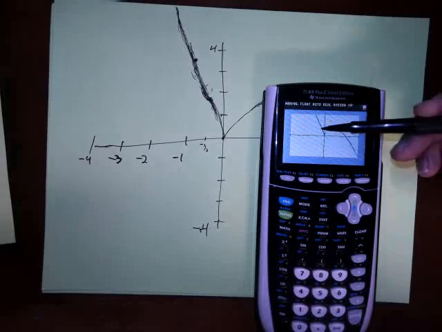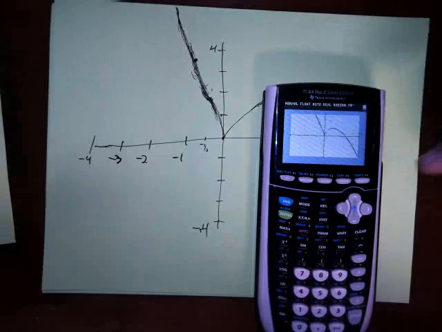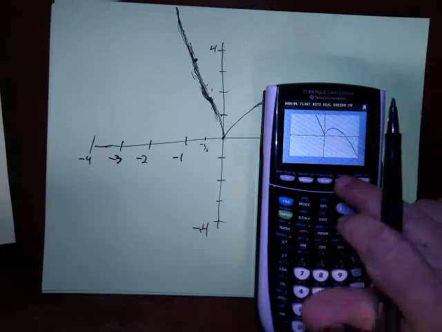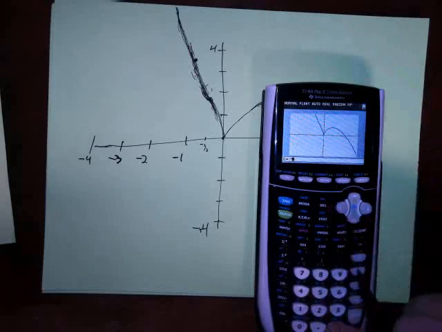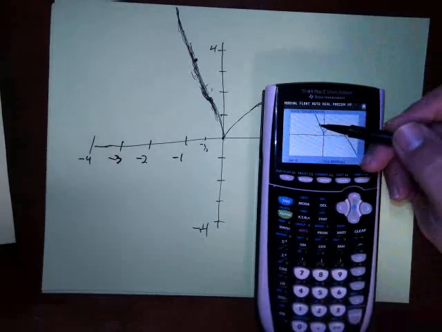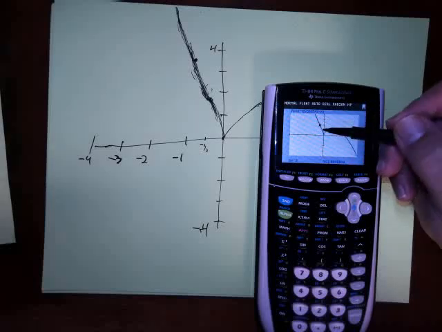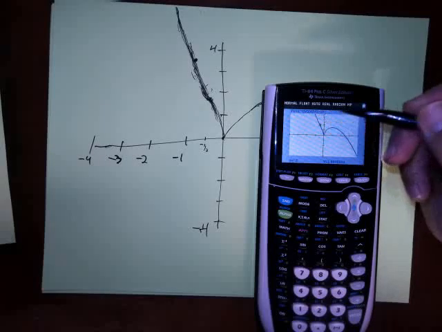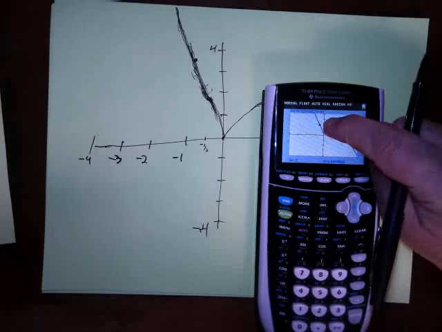And so here, this is such an interesting thing, because at this point, it's changing its concavity at -1/2. So let me actually do second calc value, and I'll put in -1/2. So it's actually changing its concavity there. That is really weird. So let's see if we can get a window where maybe we could see that it is changing its concavity. So maybe something really wide. So maybe 1 to 3, and then,